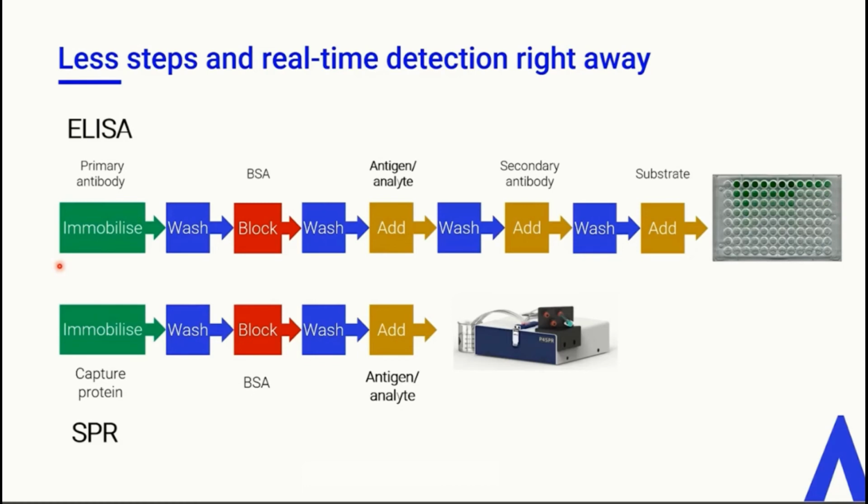And again, importantly, on our platform, it is real-time detection right away, as in you can see immobilization occurring. You can see blocking occurring. So not only does this allow you to have confidence that all these steps are being carried out correctly, it allows for easier optimization, because if you know that you have incomplete blocking and you can see that, you can take steps to remedy that situation. As opposed to in ELISA, all of these steps are largely performed having faith that these all occurred correctly.